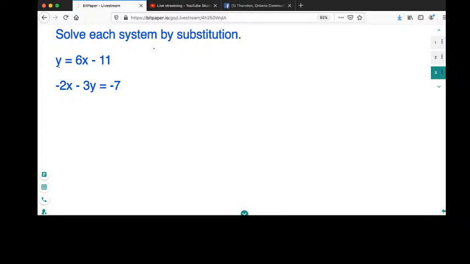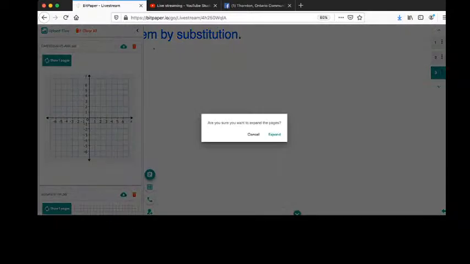So, okay, when they talk about solving systems, what they're really saying is find out the point of intersection. And what I mean by that is if we were to have